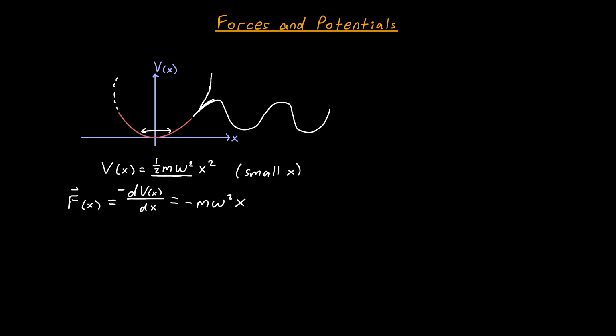And of course, since we're treating the system in one dimension, this force is in the x direction, so we can just change x to x vector to reflect the direction of that force. What you see is the same property that we talked about earlier about restoring forces, namely that if x is a positive vector, if x is to the right of the equilibrium position, the force will be negative. It'll push it to the left. And if x is to the left, meaning x is negative, then the force itself will be positive, pushing it